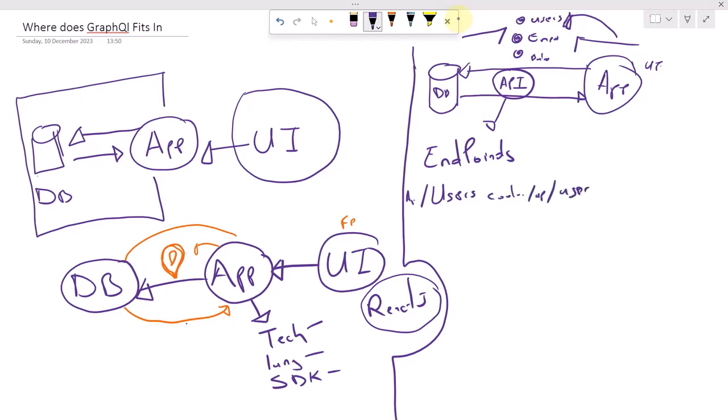This endpoint is responsible for giving you a list of users. It's like a cooked food, some sort of a bucket with a list of users. What if maybe you want to only get one user instead? It will mean that the API needs to expose another endpoint,